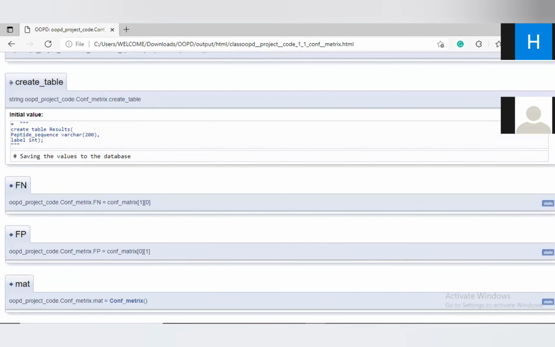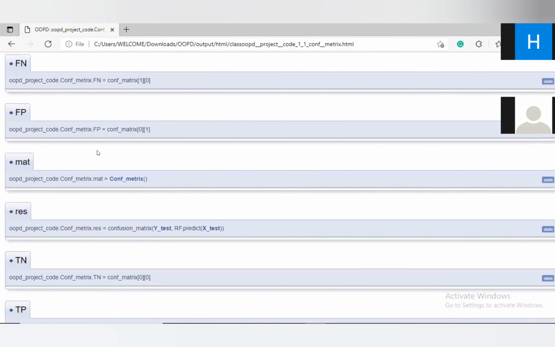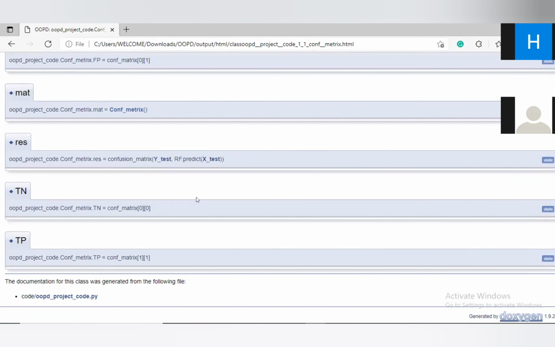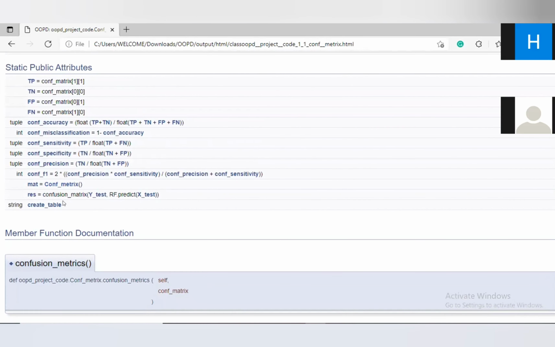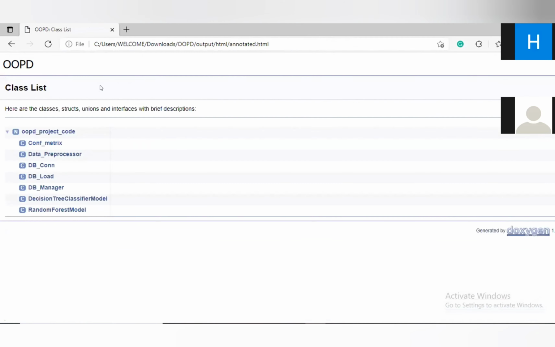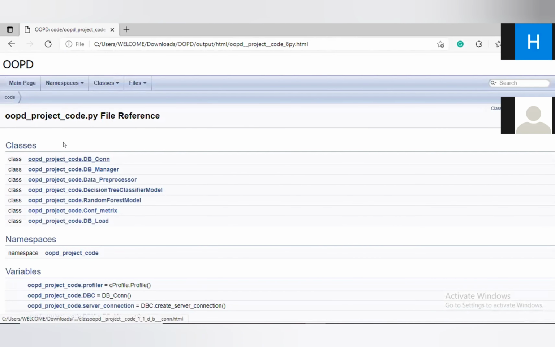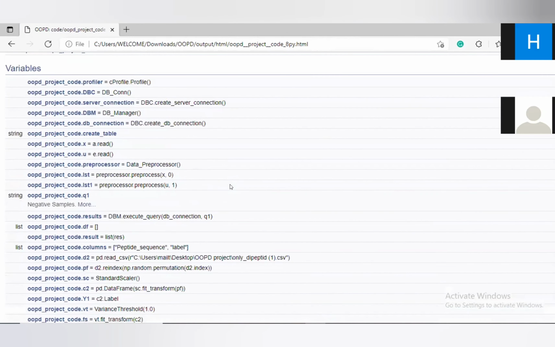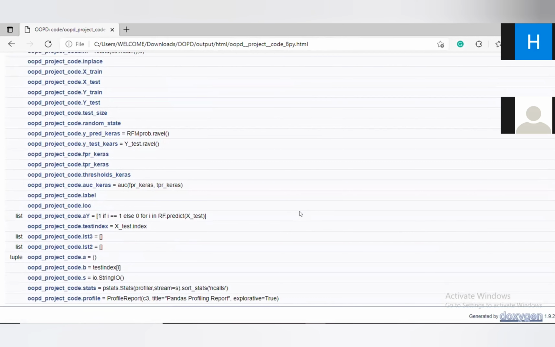This is the table which I have created: false positives, false negatives, matrix results, true positives, and true negatives. This is for the confusion matrix. Next, files. From these files, we got this many classes, this many variables, and these are the lists and these are the tuples.